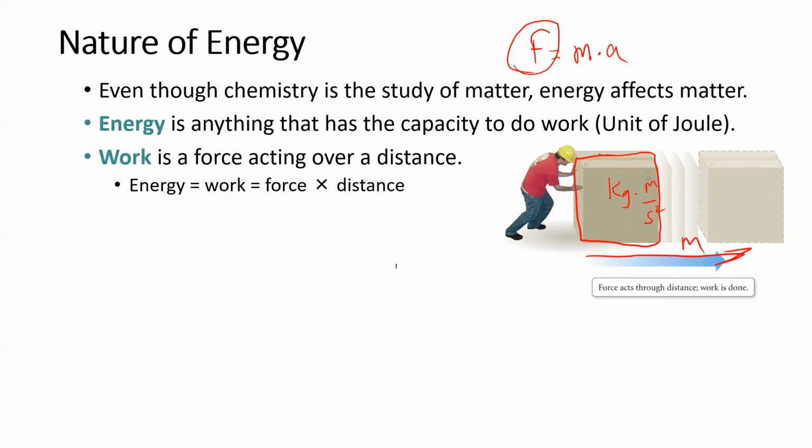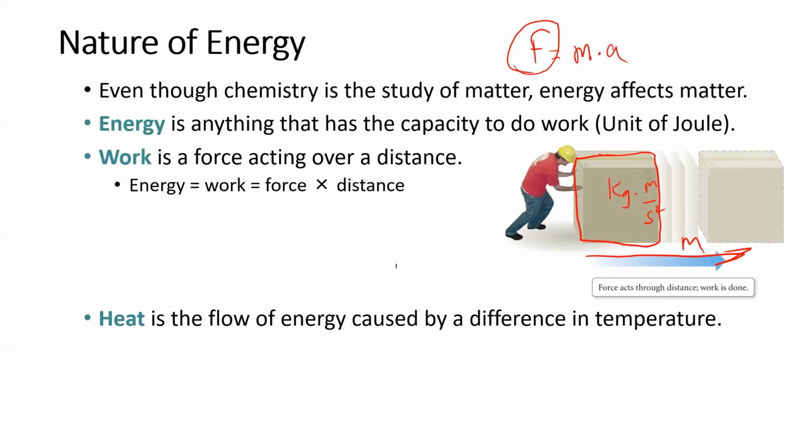So he's doing work on this system by doing what? Moving it. He's doing work. He's using up energy, right? So the units end up becoming kilogram meters squared per second squared. And we'll see that when we talk about kinetic energy in the next slide. So just like in the system, right? This box I can call the system. The man is the surroundings, and he is working on the system. So the work is coming from the surroundings. It's a flow of energy. It's a flow from this man, the surroundings, onto this box, the system.